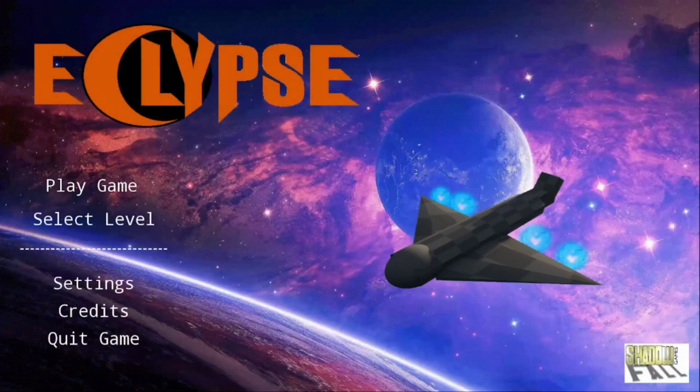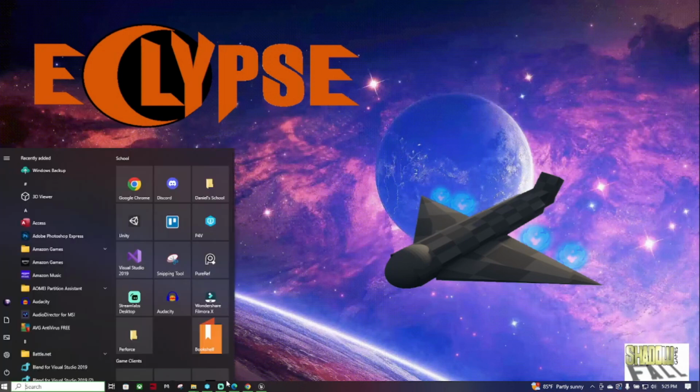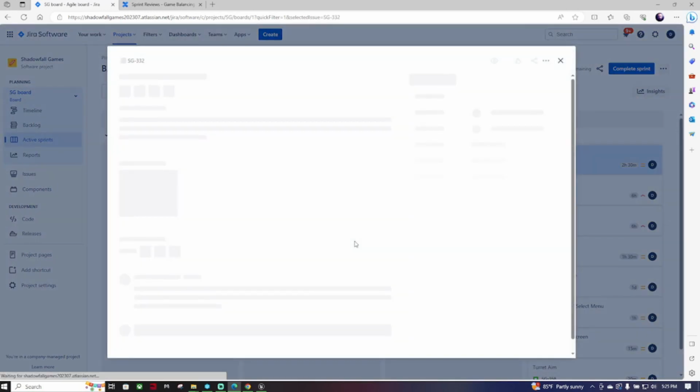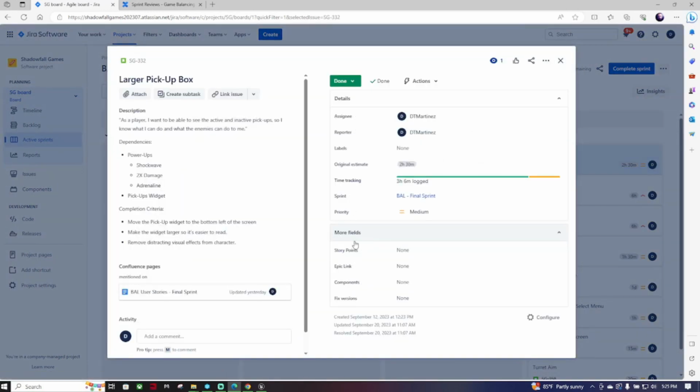Alright, so now that we're on the main menu, I will bring up the first task. So my first task was larger pickup box. Now the reason this was a task was because the pickup box was too small, and it was theorized that it wouldn't be very noticeable from the player. So this one took me 3 hours and 6 minutes to work on with a 2 hour and 30 minute original estimate, so I went a little bit over, but there was a lot of things to go through for